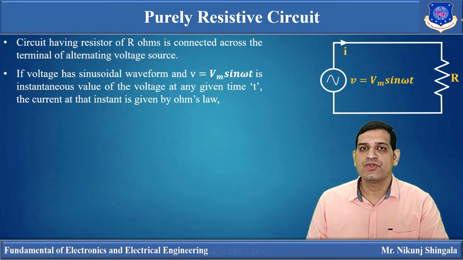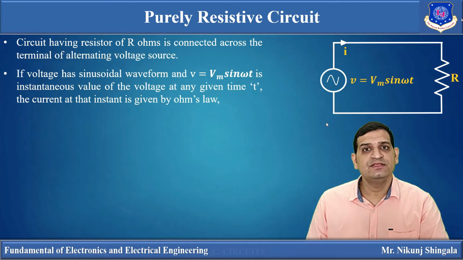If the voltage has a sinusoidal wave, that is, the voltage consists of a wave like a sinusoidal quantity, like sine and cosine wave, and if it is represented by v = Vm sin ωt. Now Vm is the maximum value or amplitude of the given voltage source. In sin ωt, ω is the angular frequency which is represented by 2πf, where f is the frequency of the signal, and v = Vm sin ωt is the instantaneous value of the voltage at any given instant t.